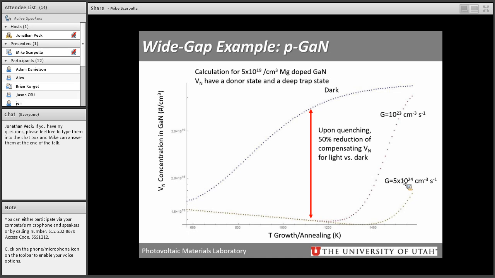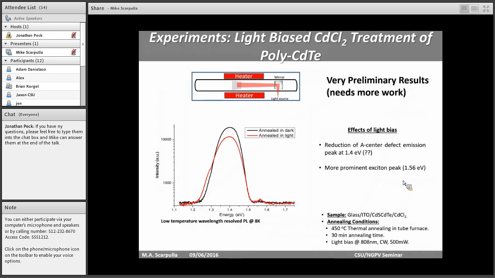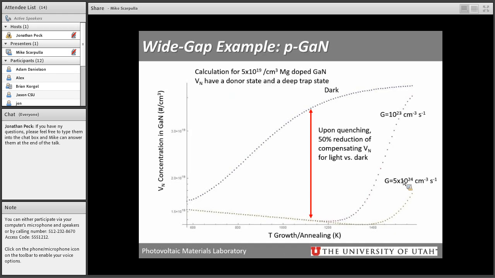The concentration of these compensating defects goes down. As you can guess, I'm currently running the calculation for cadmium telluride, using numbers from first principles calculations that were given to me by Suhuai Wei's group, and I can hopefully report those results at a later time. But the main prediction is that excess carriers can suppress